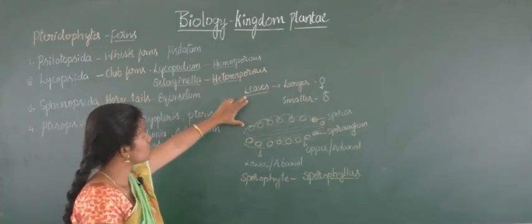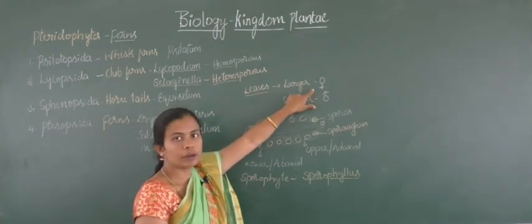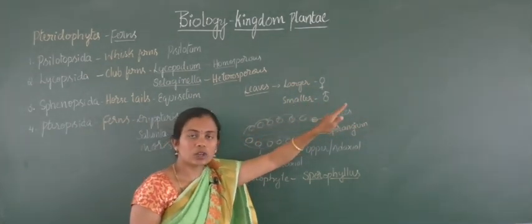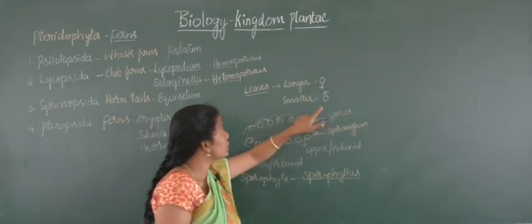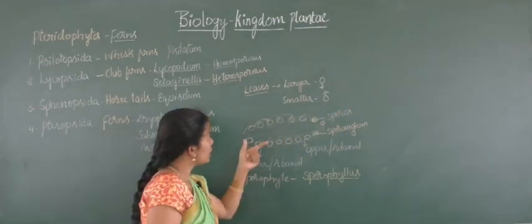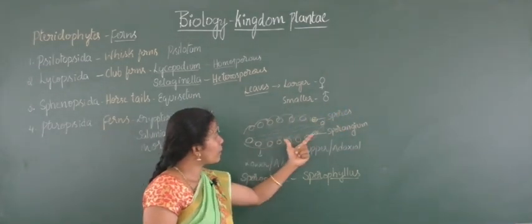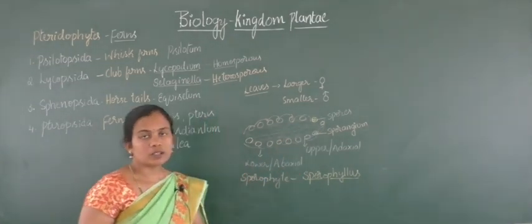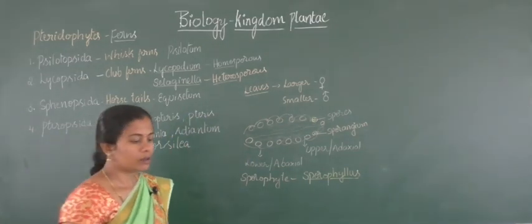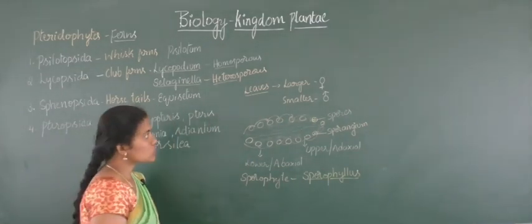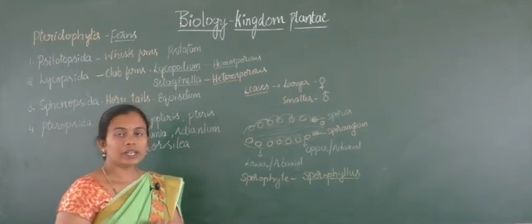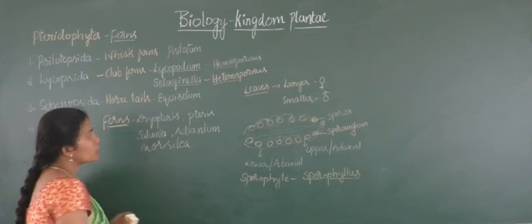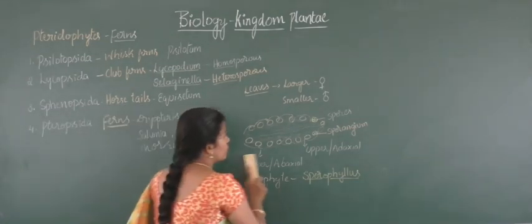Homosporous and heterosporous leaves. The larger ones are female and bear megasporangia. The smaller ones are male and bear microsporangia and microsporophylls. Then the leaf structure has brown patches at the marginal region, the sporangia and sporophylls. Understood about the leaf of a pteridophyte. We'll take up the next concept regarding the complete structure of general ferns.